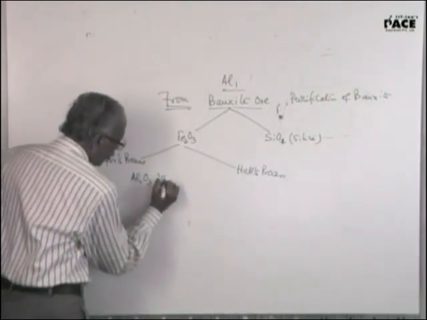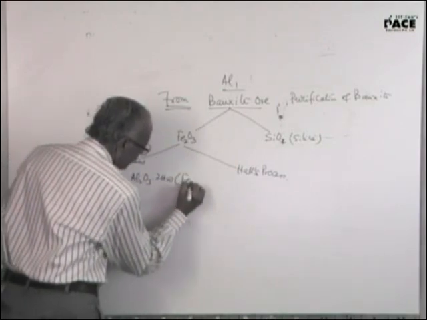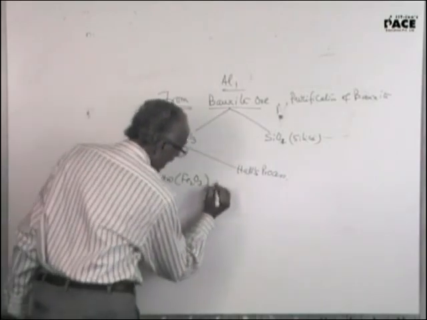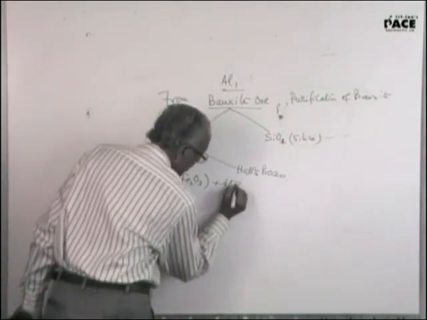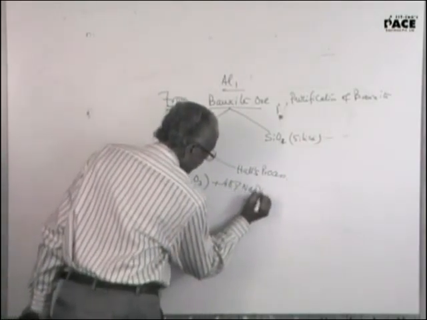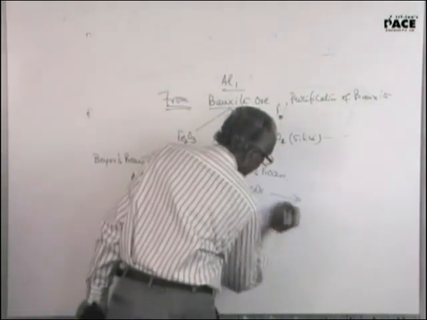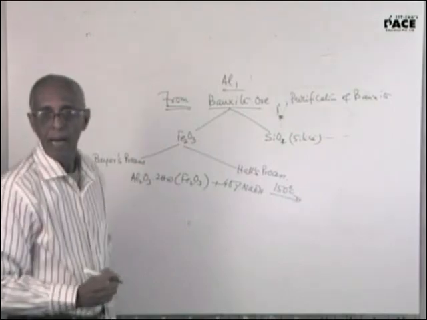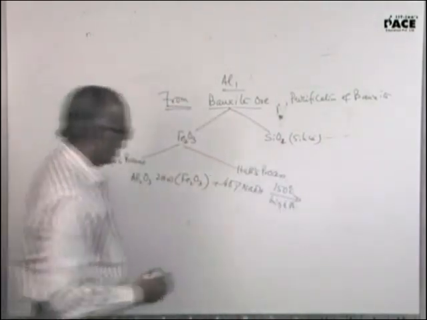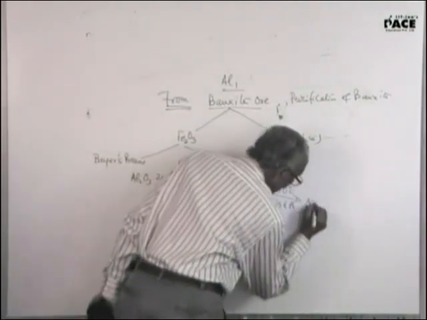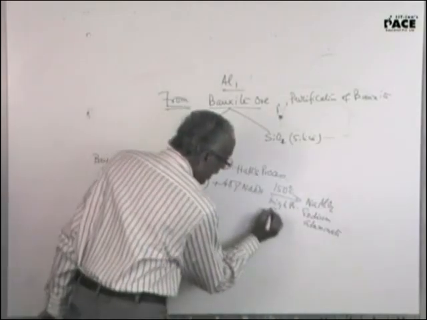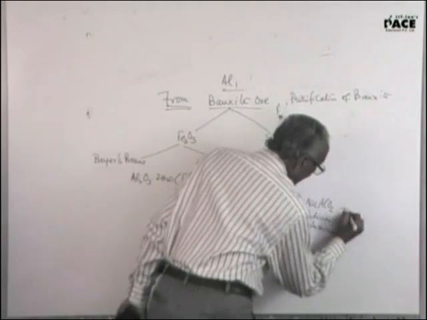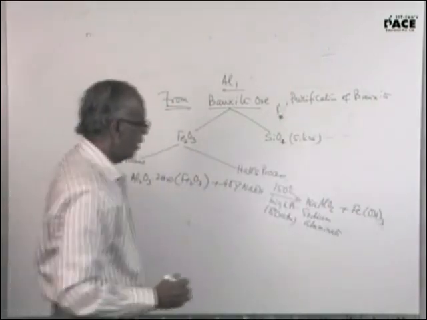Al2O3·2H2O with Fe2O3, when you react with 40% strength sodium hydroxide at 150 degrees Celsius at a high pressure, 80 atmospheric pressure, you get sodium aluminate and ferric hydroxide. Sodium aluminate